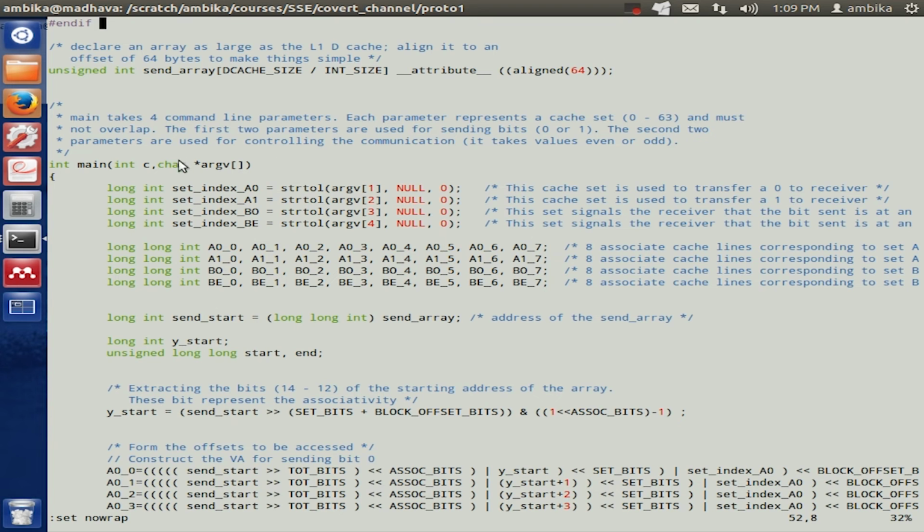So the arguments that we provided over here, that is the ports, the control ports and the data ports, that is 10, 20, 30 and 40, are taken from the command line and set into these various integers, set index A0, A1, B0 and B1. So A0 and A1 are used to transfer 0 and 1, while B0 and BE are used for the control ports, where they are used to transfer the odd bits and the even bits respectively. The next thing we do is we craft